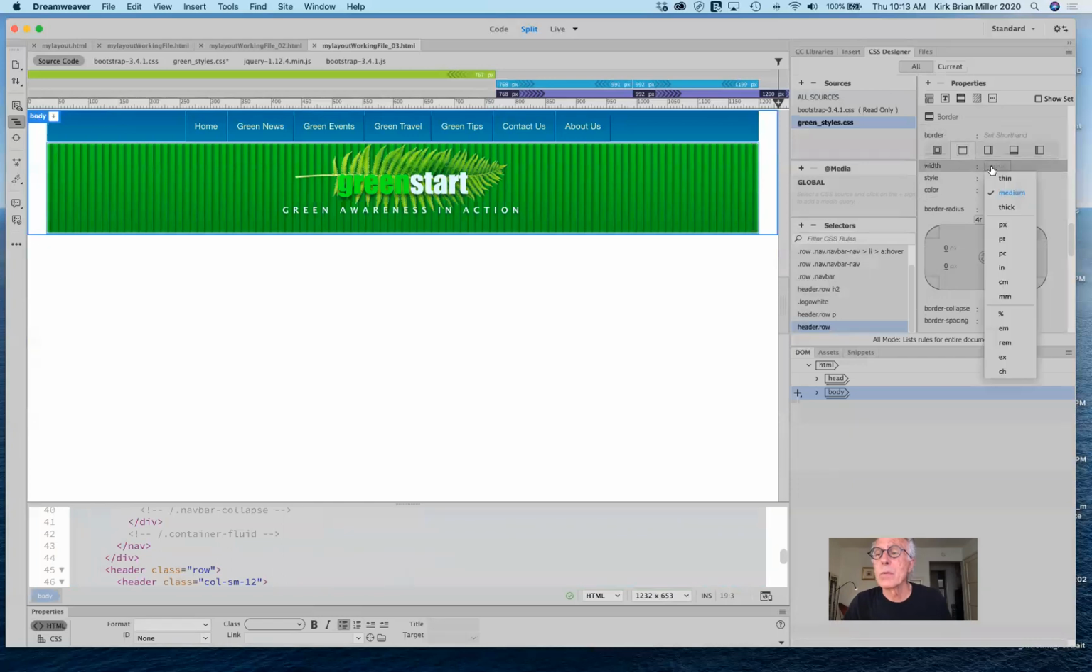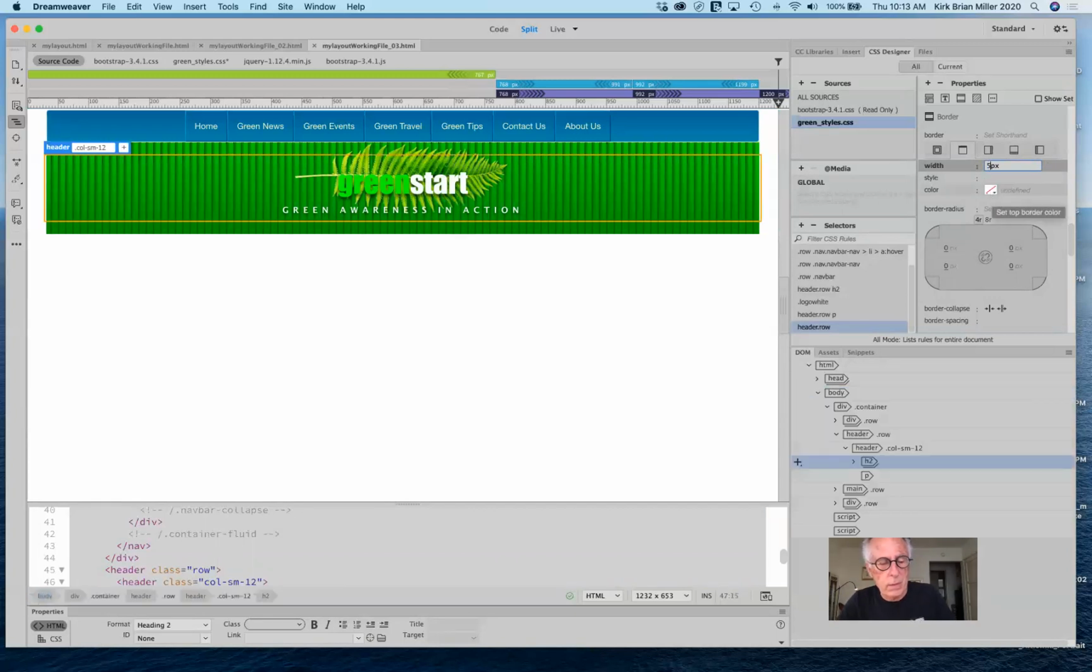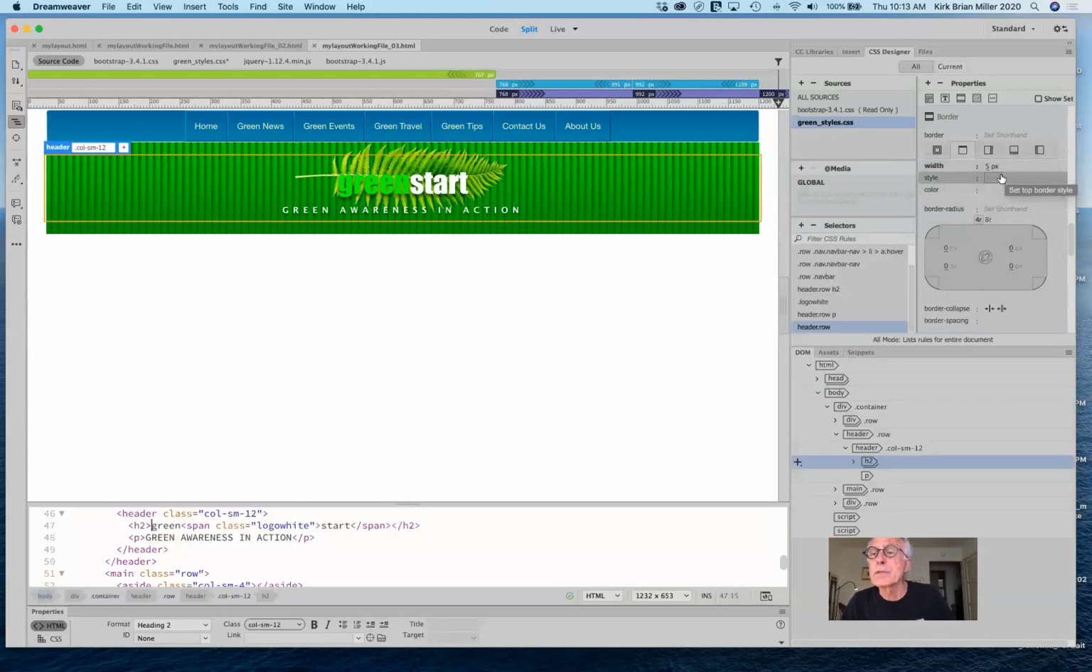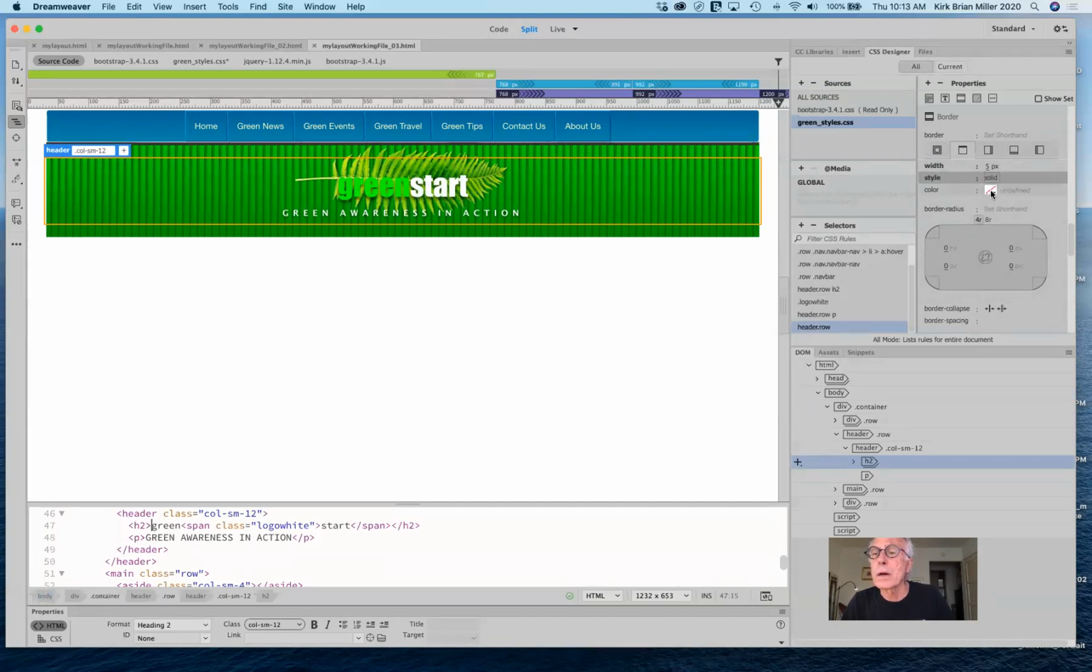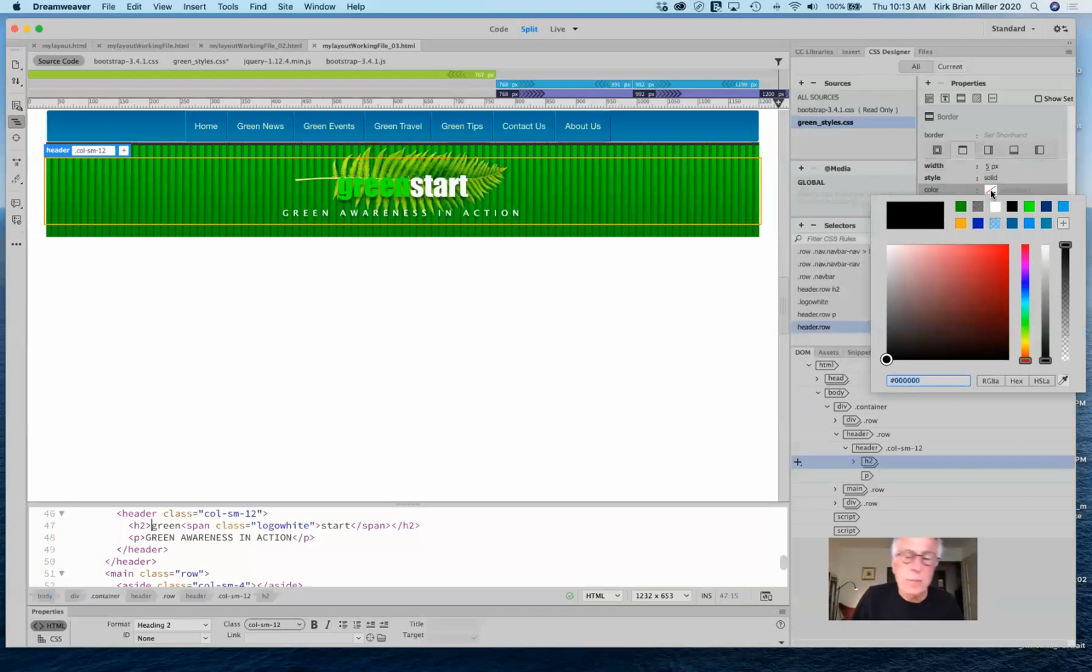I want the width to be 5 pixels. So make sure that it's in pixels. There we go. Make sure that we have 5. And we'll do the same along the bottom. It just takes me a minute to put that in there. And it's going to be a solid bar. So we want solid, and then the color, they want it to be